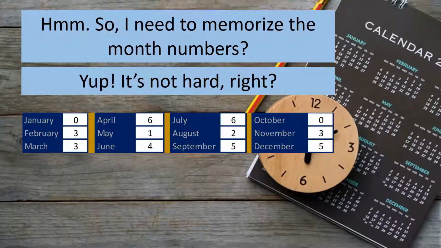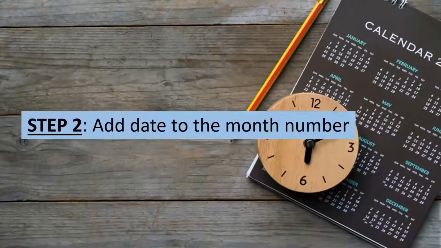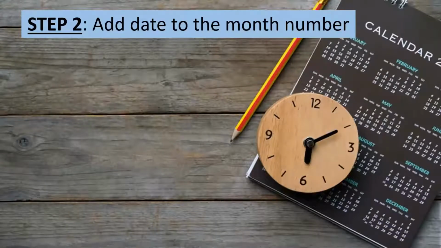033, 614, 625, 035. You could certainly look up this table, save this chart, but memorizing them will take you just a minute or two. All right, so that was the first step. And if you think this one was hard, the rest of it is as easy as compared to anything else that you might ever have done. This one was hard in relative terms. It gets much, much easier. Let's keep going.